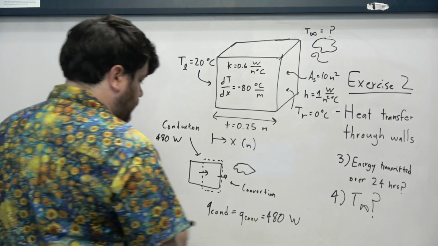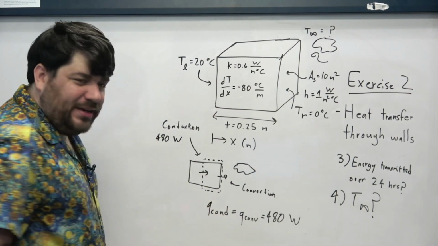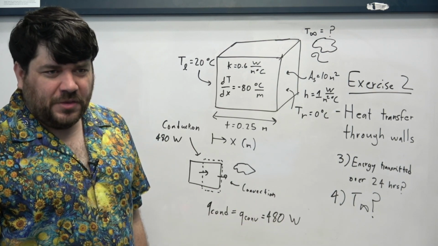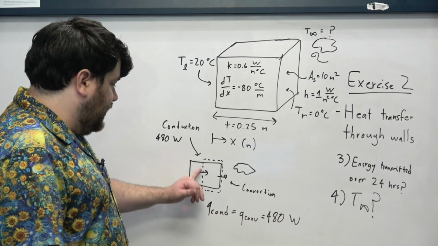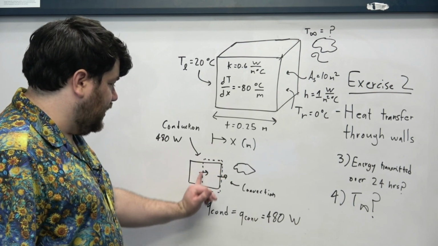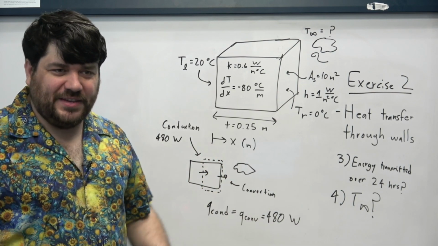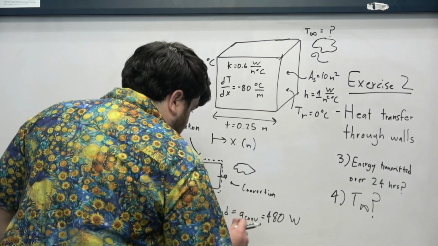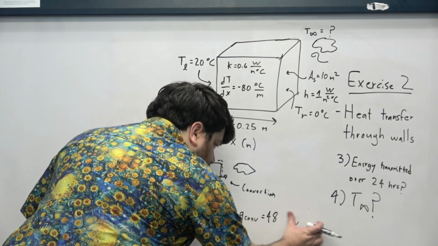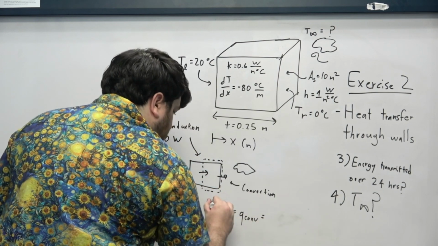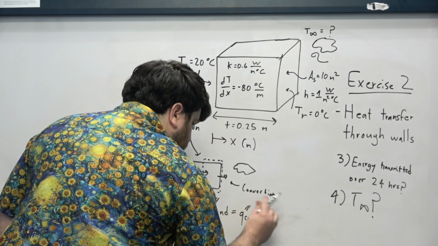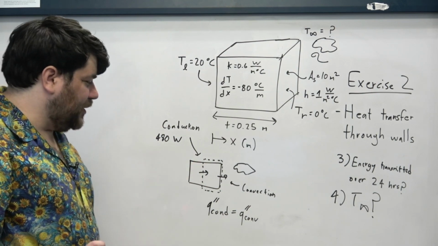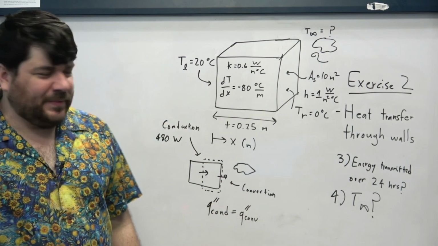Because in the same exact way that we can say that Q_cond and Q_conv are 480 watts, we can take the same argument, knowing that heat fluxes everywhere on each of these surfaces have to be the same everywhere, right? We assumed that that would be the case. And we can also say that, well, now the heat fluxes anywhere on this little patch of surface in the brick wall have to be the same as the heat fluxes